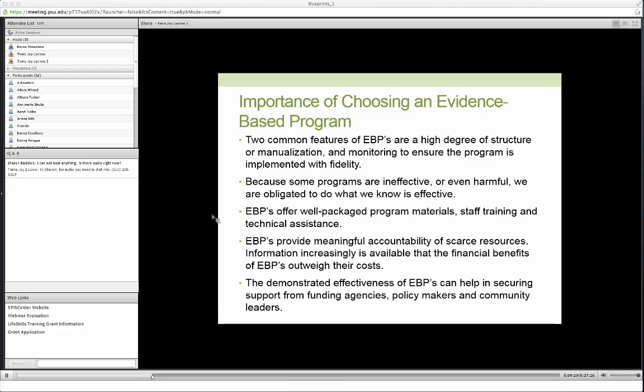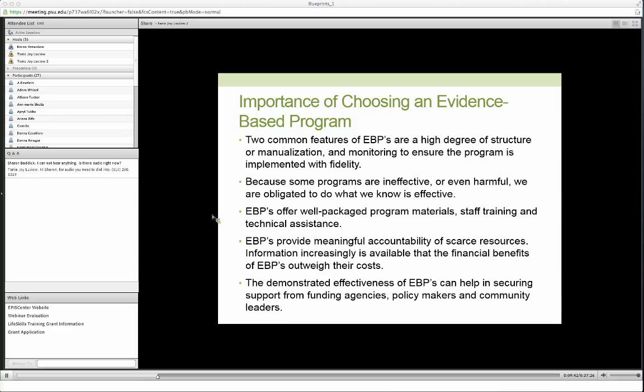Additionally, we're all trying to do more with less. There's a lot of information available. We know that many of the evidence-based programs have financial benefits that far outweigh their costs, and we're going to talk a little bit about what that looks like with Life Skills Training. We also know that when you're utilizing an evidence-based program and implementing with fidelity, you're likely to